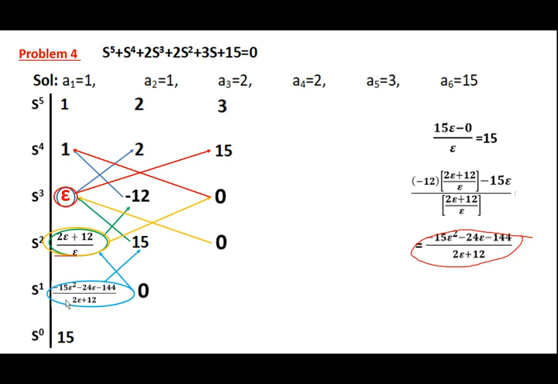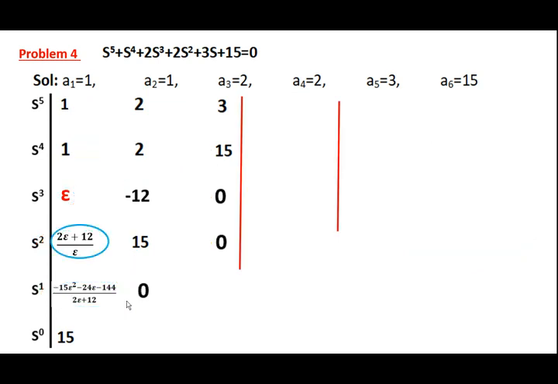So now you have completed the Routh array, but you don't know the sign of this term as well as this term, because you know that epsilon is a positive value. So you can say that 1 is positive, 1 is positive and epsilon is also positive. But you don't know the sign of these complex terms. So in order to get the signs of these parameters, you need to apply the limits according to difficulty 1, that is special case 1.